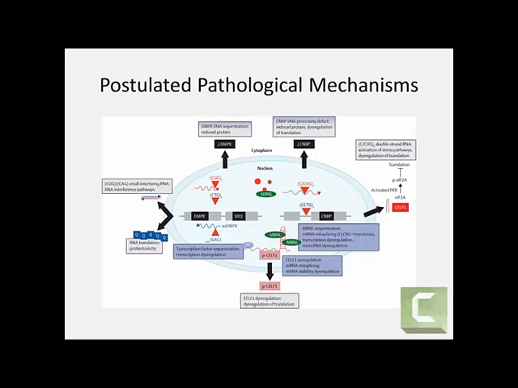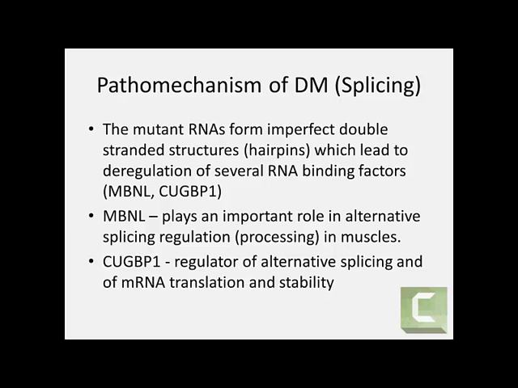This diagram shows the postulated pathway in the cell from the nucleus to the cytoplasm and so forth. The model focuses on reduced gene function, missplicing of genes, dysregulation of transcription, and protein translation. The mutant RNA forms imperfect double-stranded structures which lead to deregulation of several RNA binding factors, such as MBNL, CUGBP1, HNRNPH, and Staufen1 proteins. MBNLs play a prominent role in DM pathogenesis, as MBNL is sequestered by CUG RNAs in